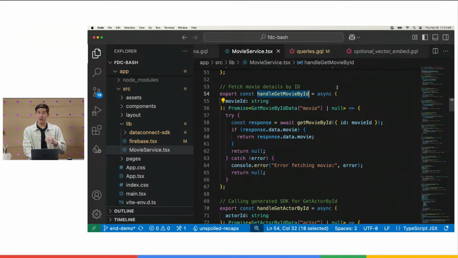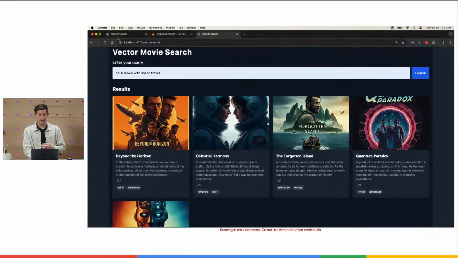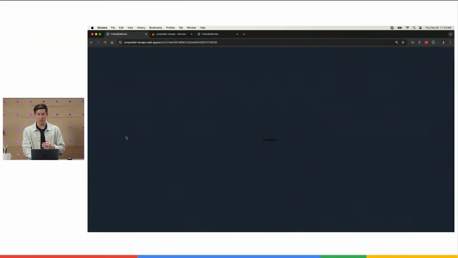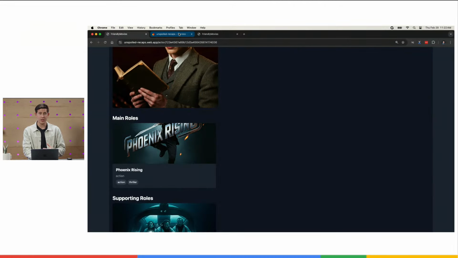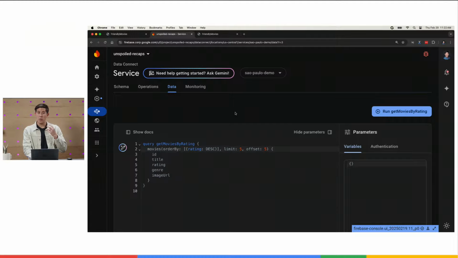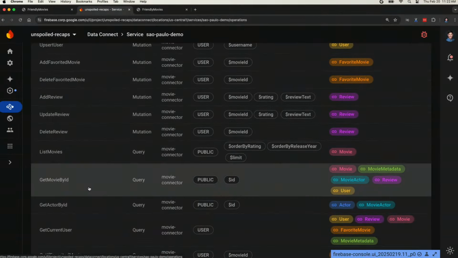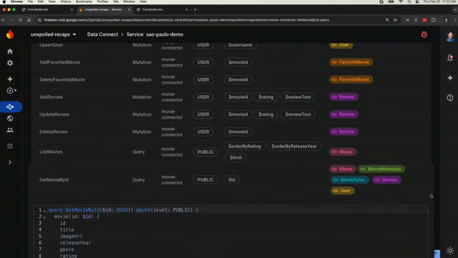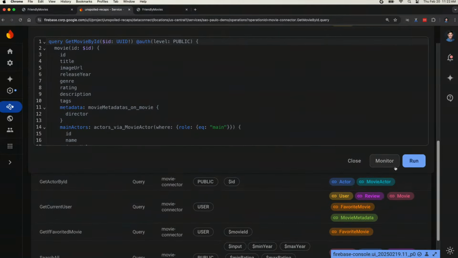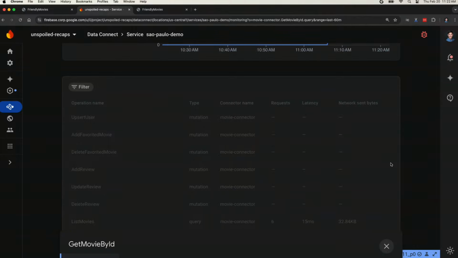Now, once your app is out and into production, right, you are going to have lots of users poking around, using the application. You might want to see what's going on in your application. So we have our get movie by ID, and we can actually go look and monitor to see what it's doing.